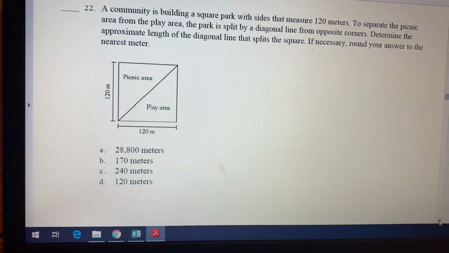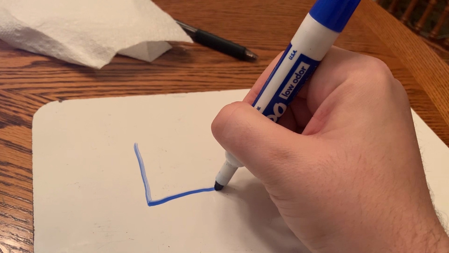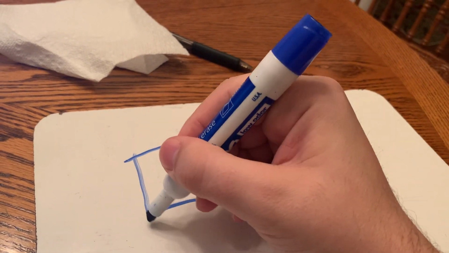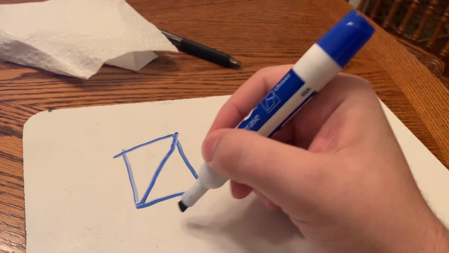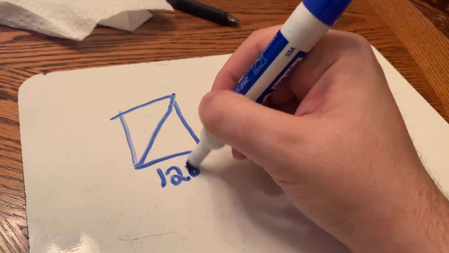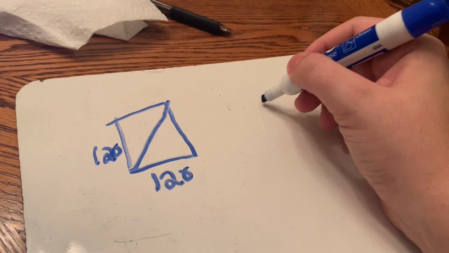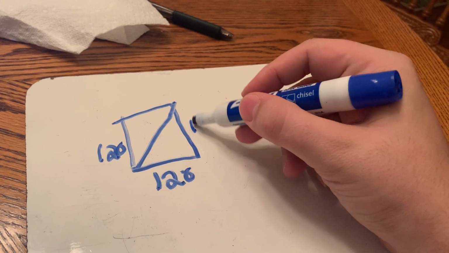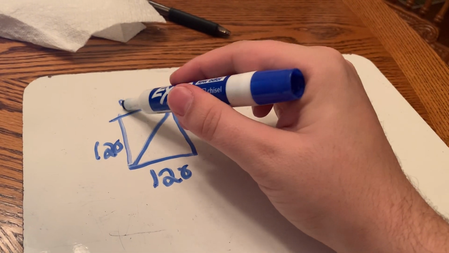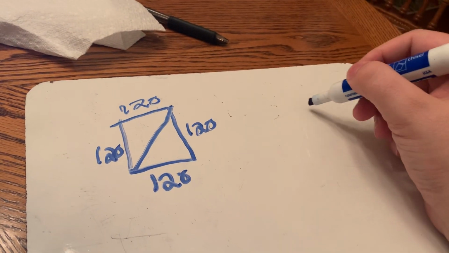So, when we're going to draw this, okay? Let's remember what we got. It told us this is 120, this is 120, right? Let's look at just this triangle though, okay? We know that all 4 sides are 120, right? So you could really do that if you wanted to. But if I just look at this triangle,